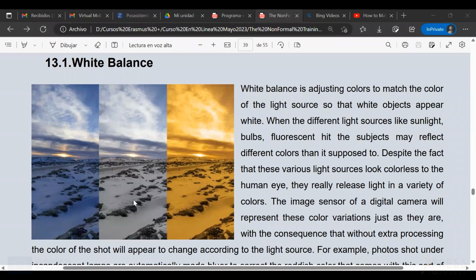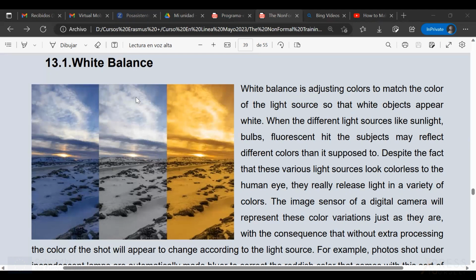as we are talking about storytelling and being creative, we have to keep in mind that sometimes we may want to have this bluish color, or this yellowish color. So it will depend on the intentions of our story, of our photograph, what we want to say, our message. As we saw yesterday, each photograph has a message. So depending on that, we might want our photograph to look in one way or another. That is how we can play with the balance.